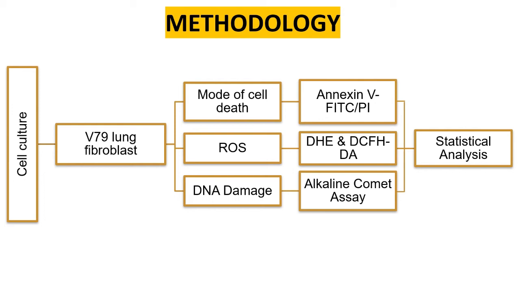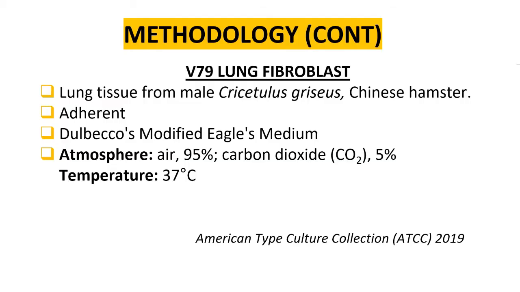This is the outline for my proposal video. The first one is the introduction. Air pollution can be described as an air quality alteration that can be determined by air chemicals, biological or physical pollutants. This study will use V79 lung fibroblast cells. This cell is a lung tissue from a male Chinese hamster. This cell's properties are adherent and it will be cultured in Dulbecco's modified Eagle's medium in 5% carbon dioxide at